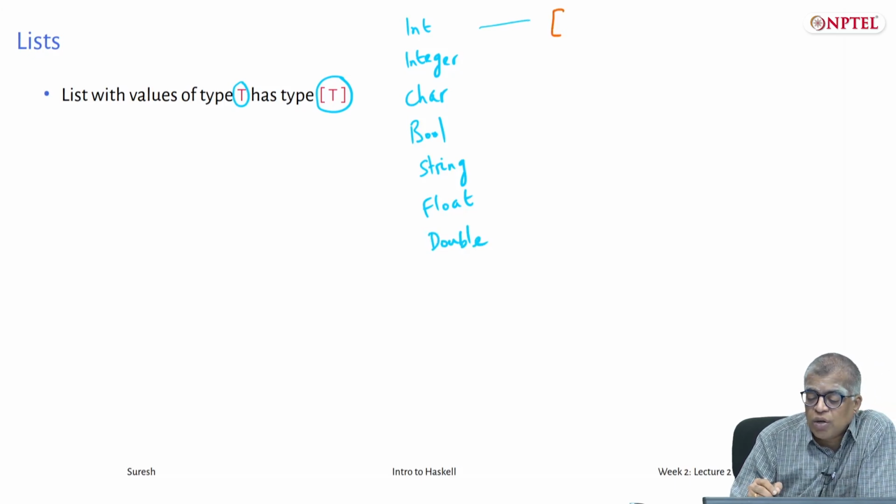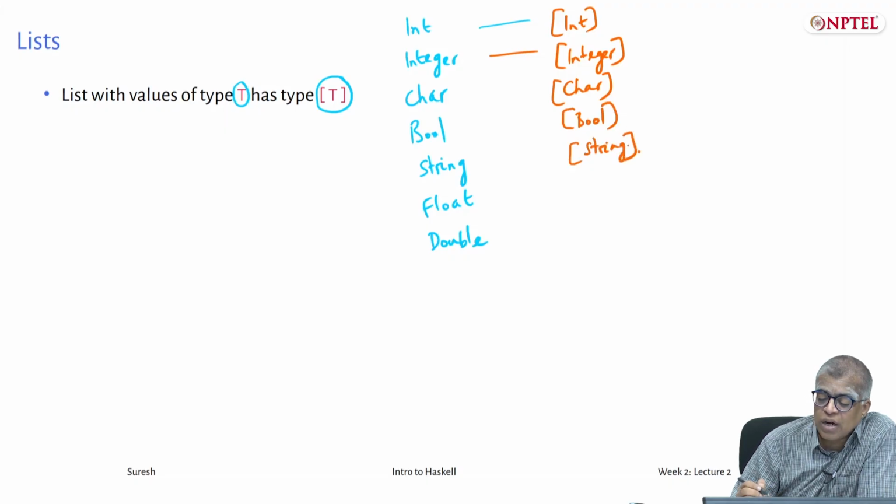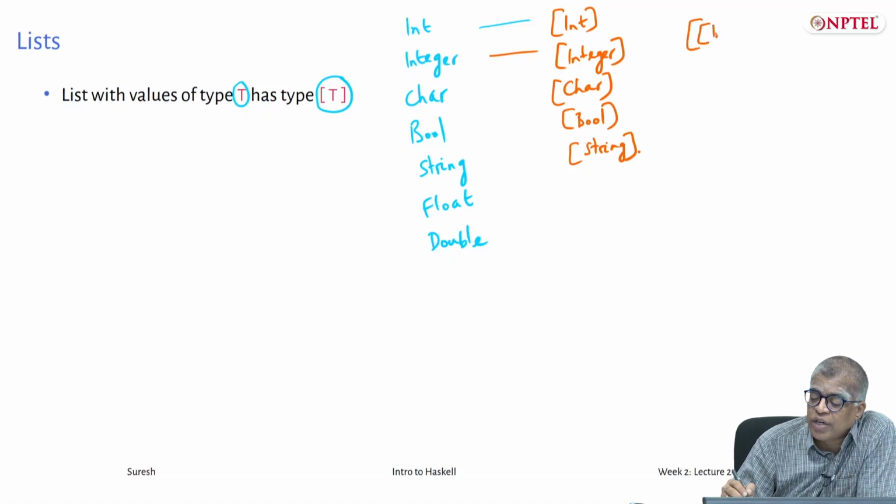There is a list, all of whose elements are of type integer. List of char is the same as string. List of bools, list of strings, etc. And extending this logic, you can also have list of lists of ints or list of lists of integers.